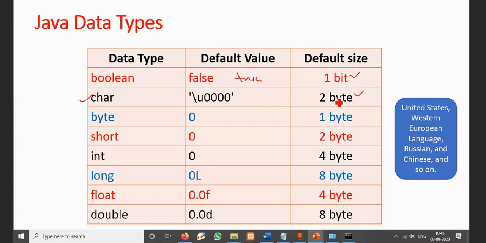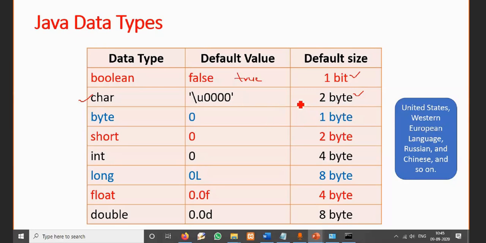The question comes: what are these different characters? We already studied that ASCII has only 256 characters, from 0 to 255. But Java supports the universal character type, so it is a Unicode data type. When it supports Unicode characters, it is allocated 2 bytes.